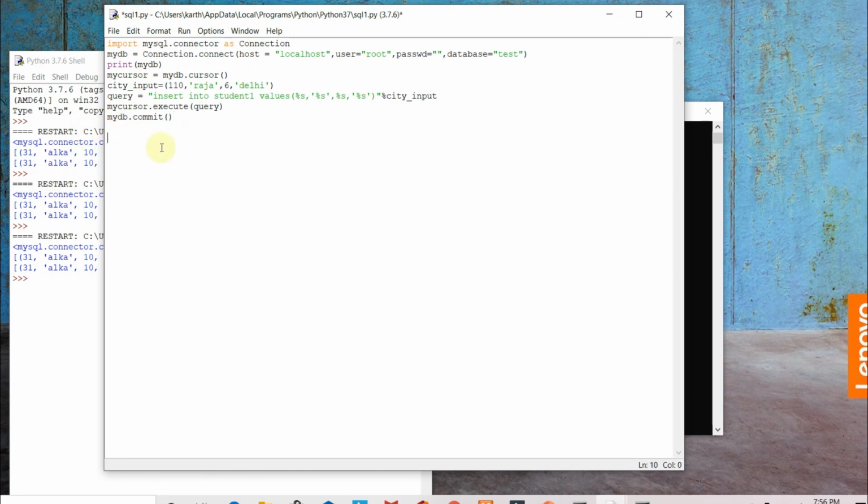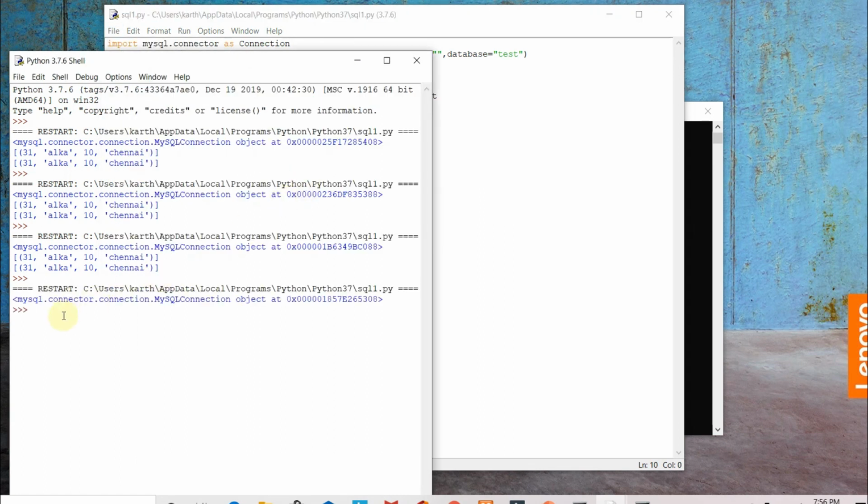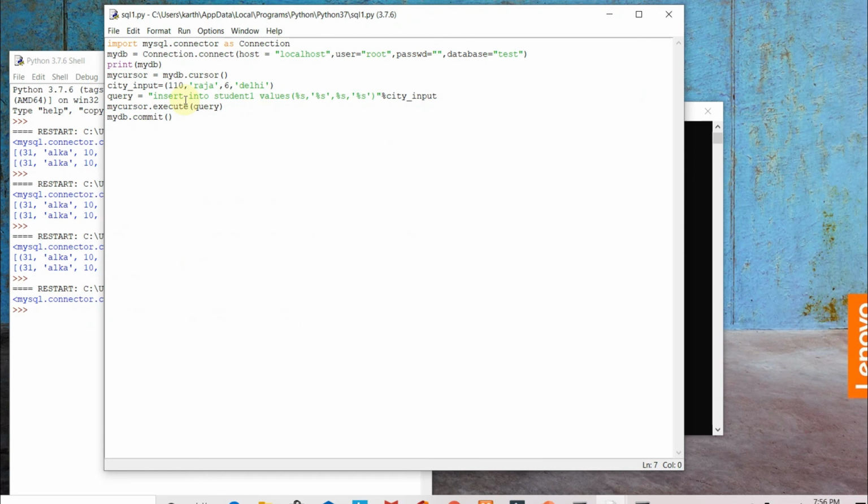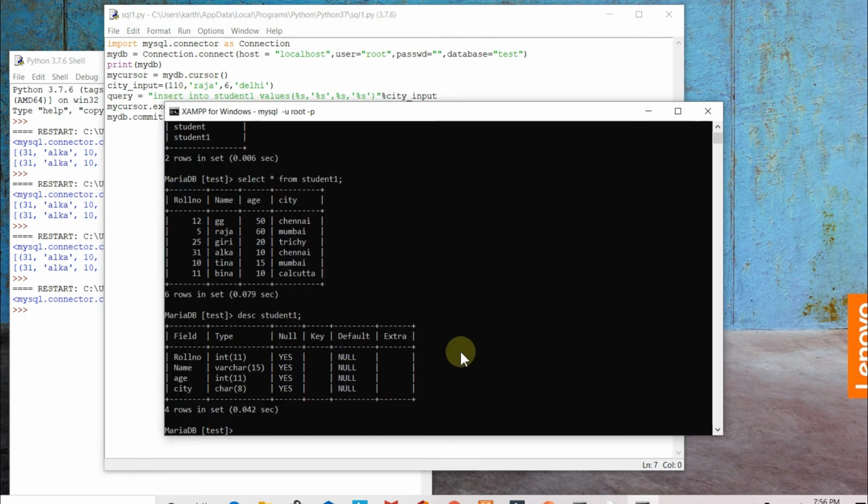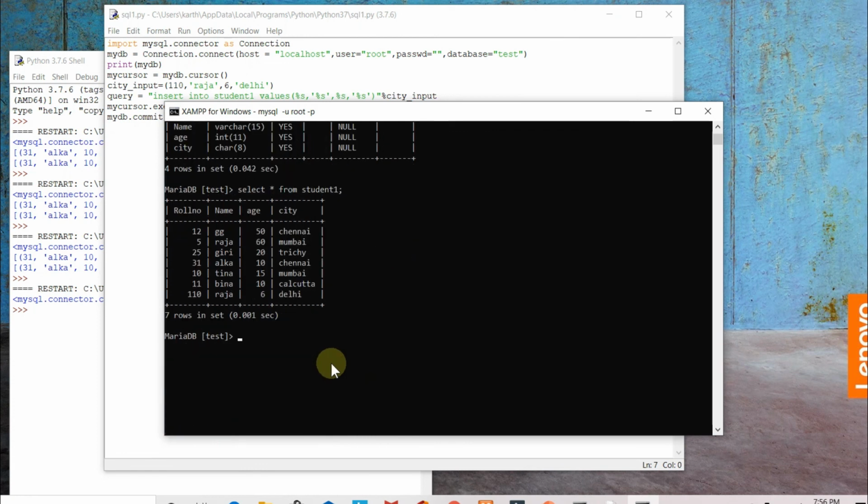After this, let us check the result in the shell itself. So the insertion of the data is over, and here let me select the data from student1 and see whatever I have inserted, 110, Raja, 6 and Delhi, it is getting reflected in the table. If you need to see it using a Python program, you can execute the query select star from student1 and see the result.